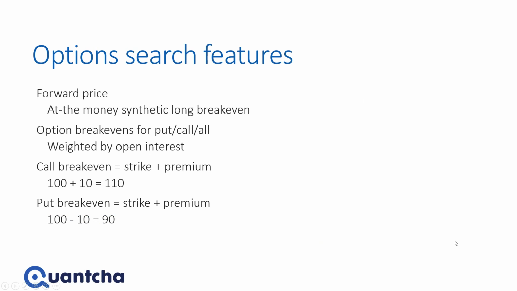Now, we've actually put in a few features around this stuff. We've had the hard to borrow stuff for a long time. Over the past week, we've added some neat things that help you model the range you're looking for when you're modeling the outcome of potential option positions. So in the case of forward price, this is a price which is basically where the at the money synthetic long breaks even. So in the case of a stock, like we were talking about before, with the Facebook stock,